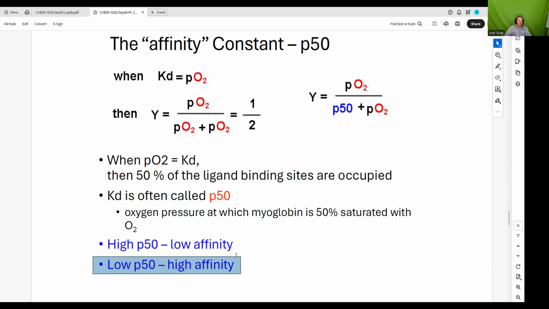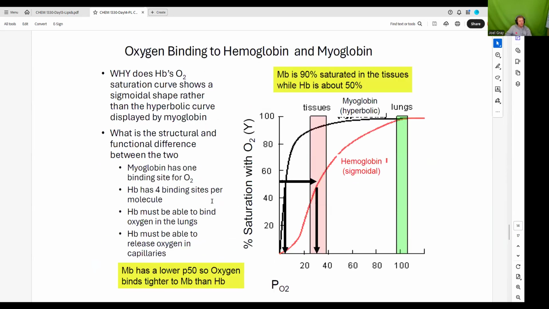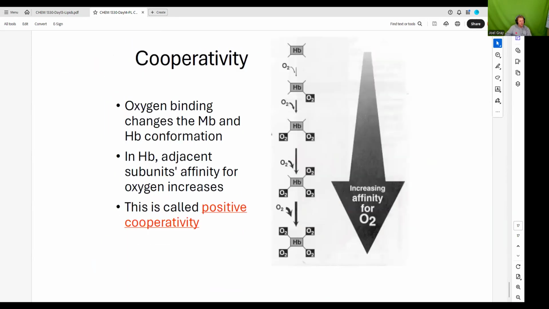You want it to have that high affinity. Now, when we go on from here, and this is, I would say, one of the most important takeaways that I want you to get, is that hemoglobin is a protein that exhibits what's known as positive cooperativity. What that means is that hemoglobin's